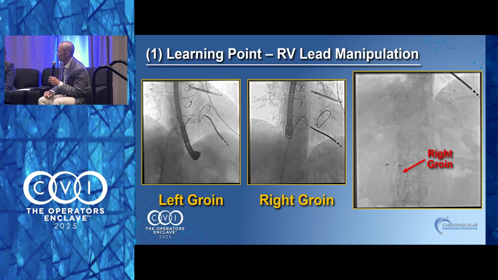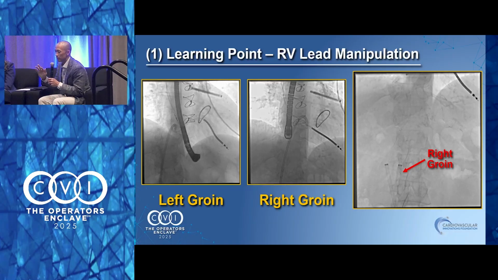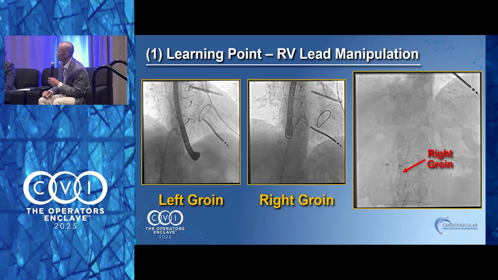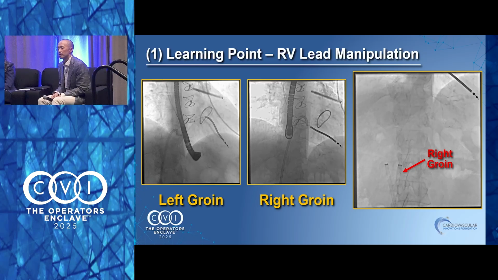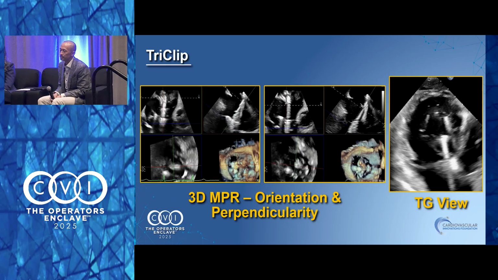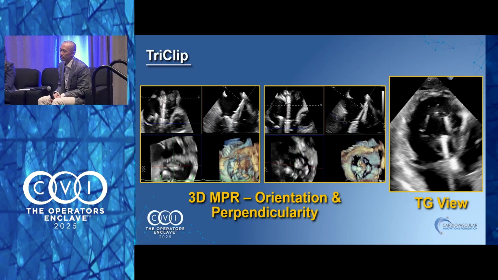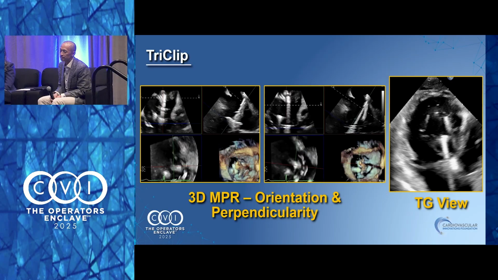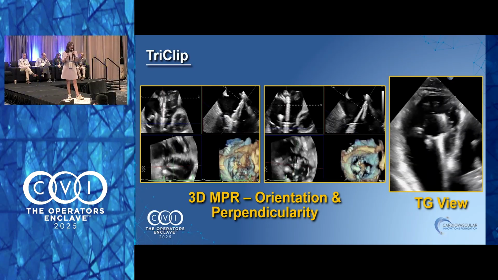Does that make sense? Yeah, so the left groin versus right groin access changes the height of the steerable relative to the tricuspid valve, and it allows us to get on top of the lead for the proper manipulation. So that's learning point number one. In the interest of time, once we moved it posteriorly, we continued with our normal TriClip workflow. 3D MPR is very helpful